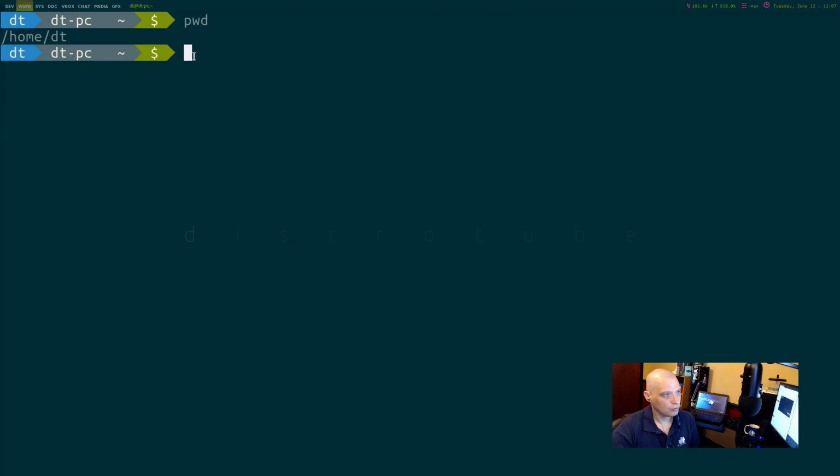Before we get started, let's also discuss this dollar symbol. Why is that dollar symbol there in the prompt? It tells me that I am my home user, the DT user. If I log in as root, so su and then my root password, you see the dollar symbol goes away, and now we have this pound symbol, this hashtag symbol.